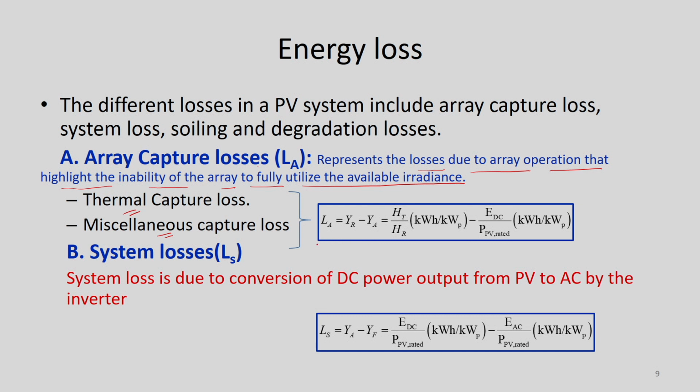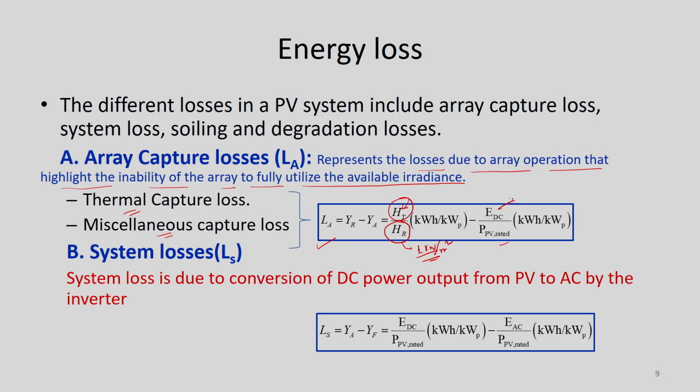Mathematically this can be represented by L_A is equal to H_T by H_R minus E_DC to PV rated. So, this H_T is nothing but the total in-plane insolation or global in-plane horizontal insolation of the location, and this is the reference. The reference is normally 1 kilowatt per meter square,